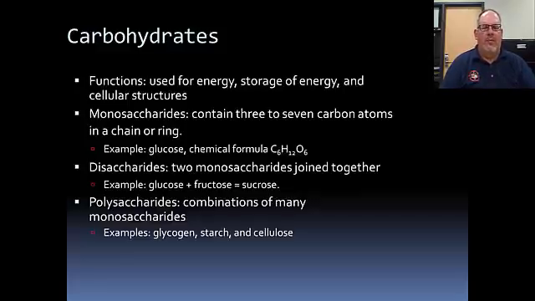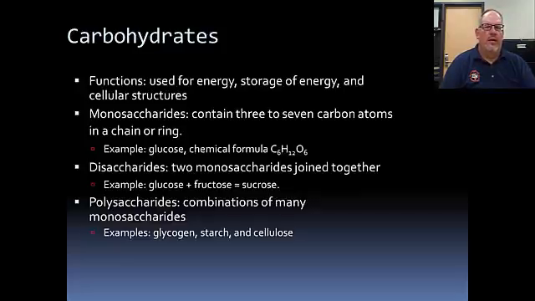Then we have what we call polysaccharides, and these are actually combinations of 10 or more sugars that are put into a chain. And so these are actually quite complex, and some of the things we use is like one of the storage forms for sugar in the body, something called glycogen. Glycogen is actually found in the muscle and the liver, and it's actually how the body stores glucose. It can be broken down really quick and readily, but it can also be stored that way really quick and readily.